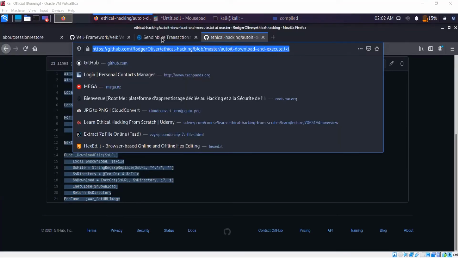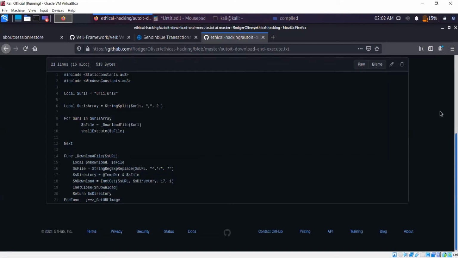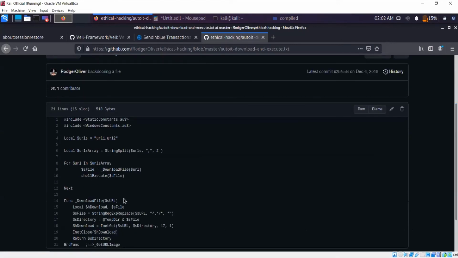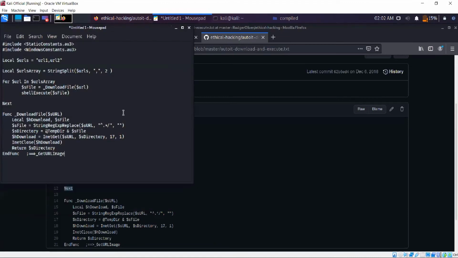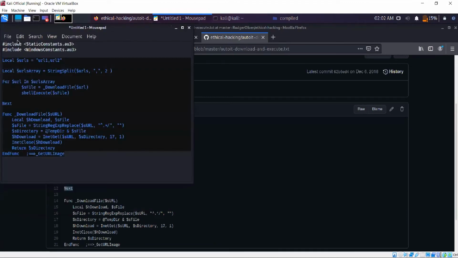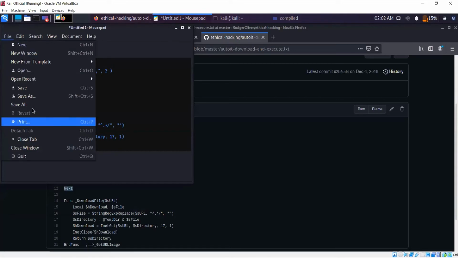All right. So I'll start now. I want you guys to go to this link as sent to me in your Kali machines and copy the text over here. Once you copy it, open Mousepad. You can open Mousepad using right Mousepad. Once you open it, paste it here. Once you're in Mousepad, you can save it as.